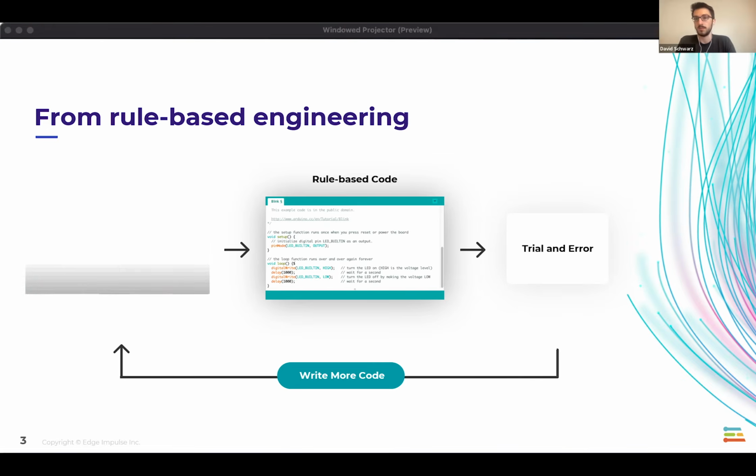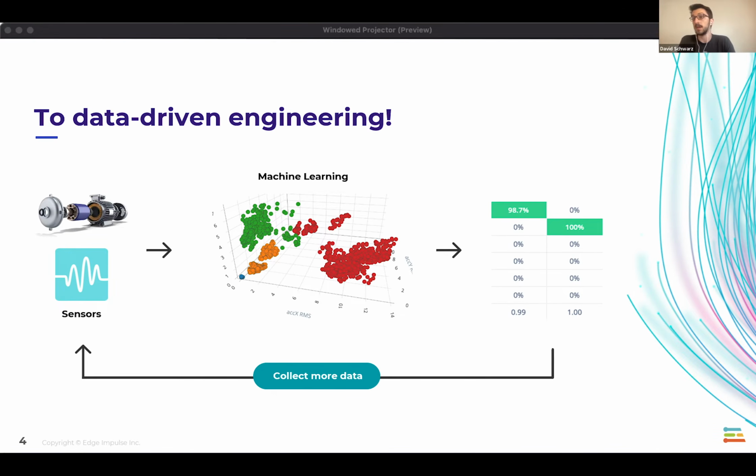So the new paradigm that Edge Impulse enables, and that embedded ML in general really enables, is this data-driven engineering workflow. In this workflow, rather than have a team of engineers hand design a filter or algorithm to process a specific type of data, we go and collect data from the context and environments that we want our device to be operating in. That can be very broad, but it can be anything from collecting voice samples in a